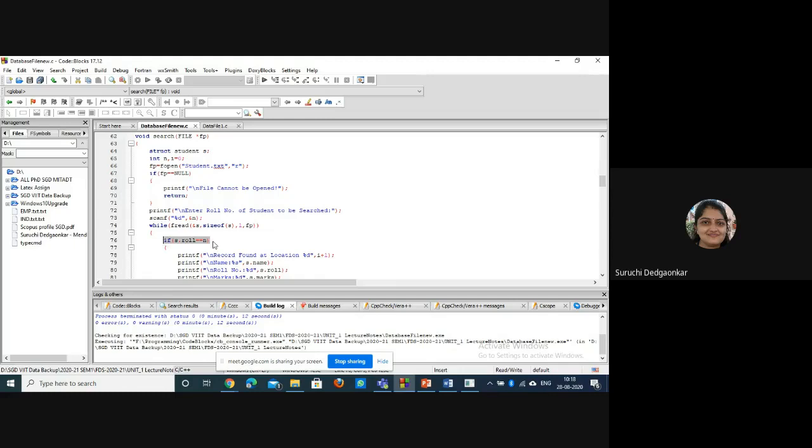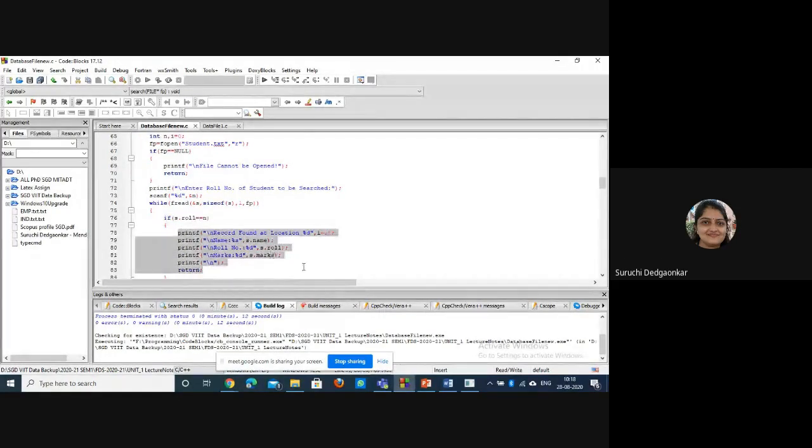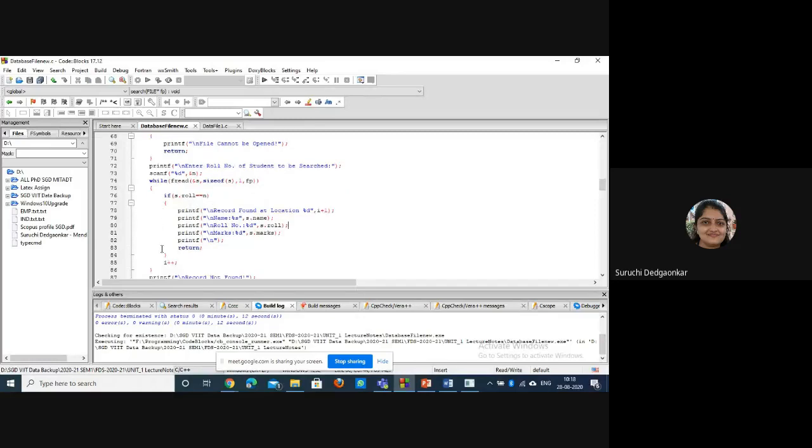Okay, so here we are again following the linear search algorithm. We are visiting each and every record and comparing the key with the roll number of that particular record. If the key is matching, then we will display all the details of that particular student. Otherwise, we will just go to the next record by incrementing the number of records. This is not required.